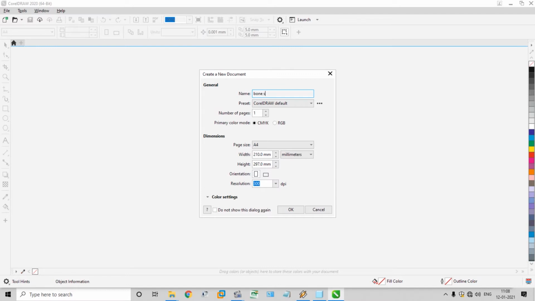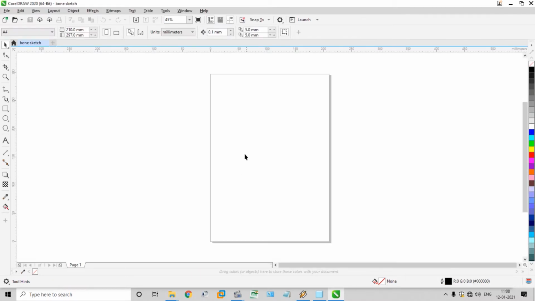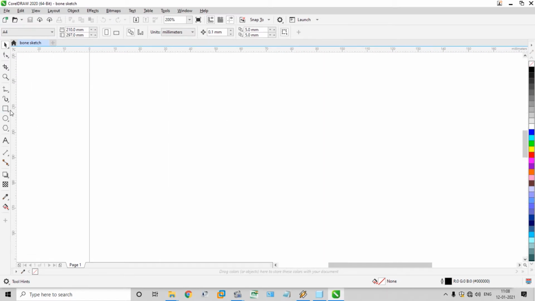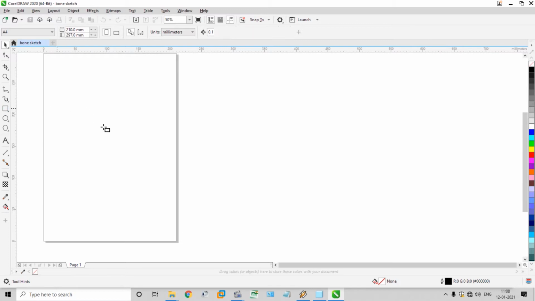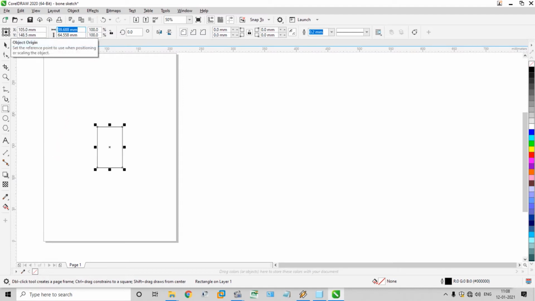bone sketch, new file. Here, change it to RGB. Okay, so the approximate mandibular bone width should be drawn as a rectangular form, which should be 25 by 40 millimeter. Okay,